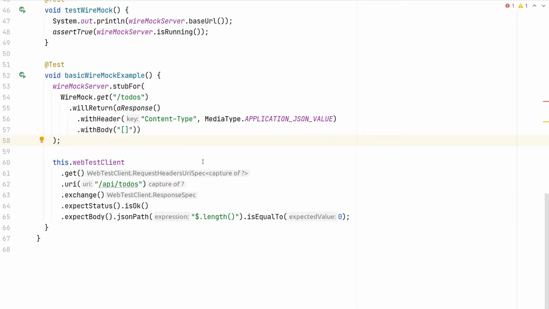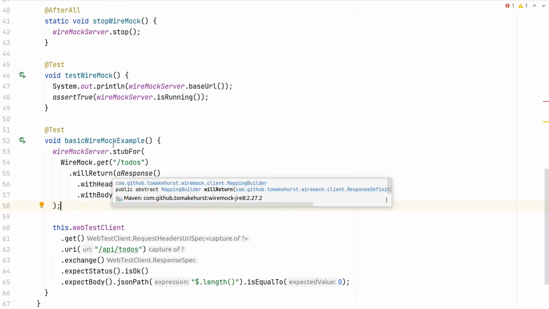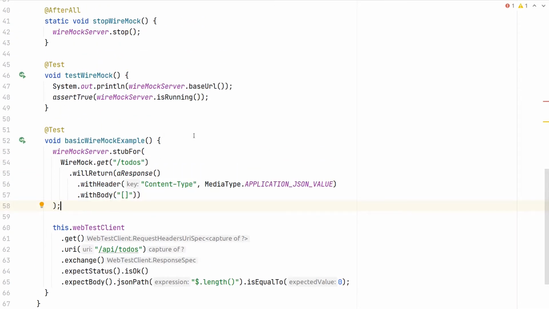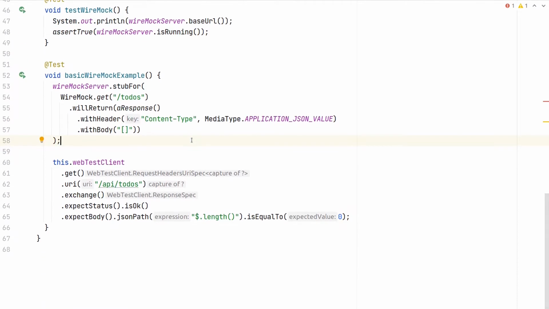With the second video of the WireMock series, we will now take a look at the several features that WireMock offers and that help us test our applications. In case you haven't watched the first lesson yet, make sure to take a look at it, because this video builds on top of the first lesson, as we are going to explore the features of WireMock based on our sample setup. One of the first things we will take a look at is the request matching capability